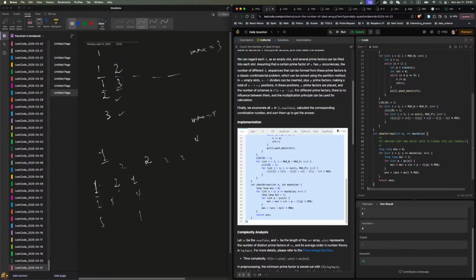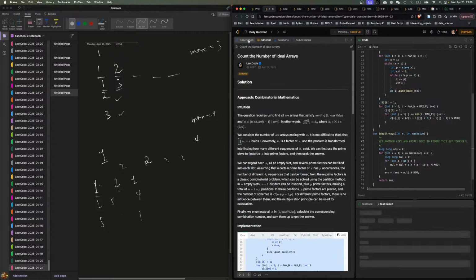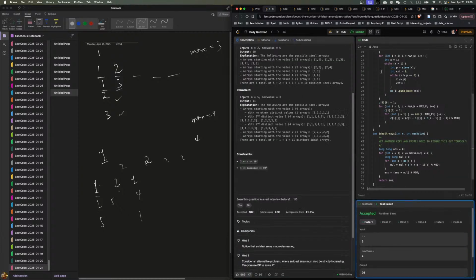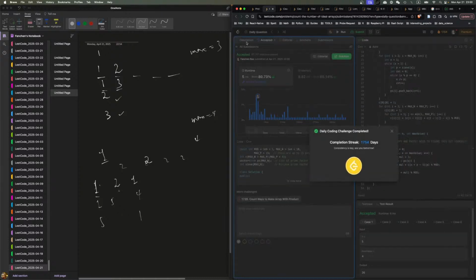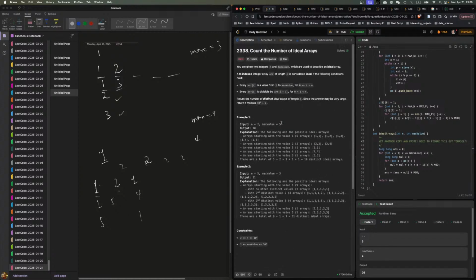I feel like I'm getting close, but not close enough. Yeah, this one needs more thinking. Like I kind of know what this is, but I